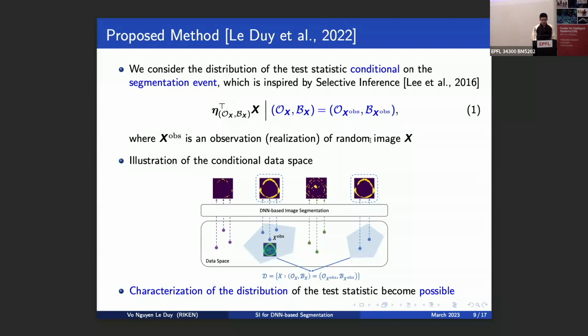In other words, this distribution is a truncated Gaussian distribution, because we assume that x is corrupted by Gaussian noise. So the remaining question is how can we characterize this conditional data space. This is the illustration of the conditional data space. Here we have the whole space, and we want